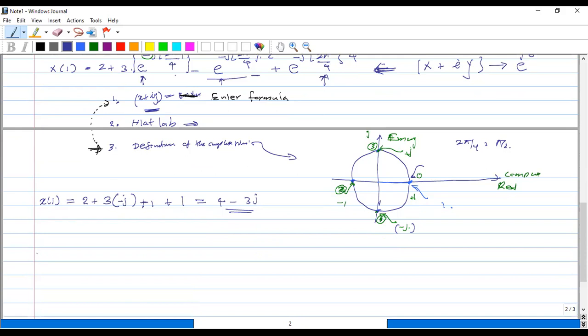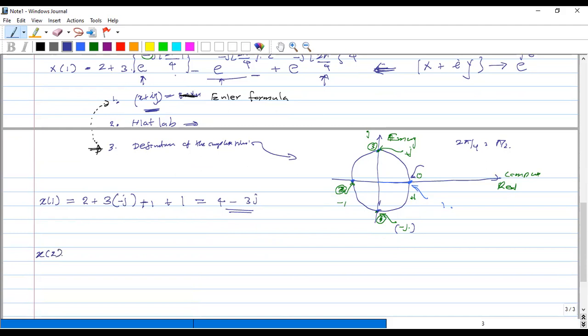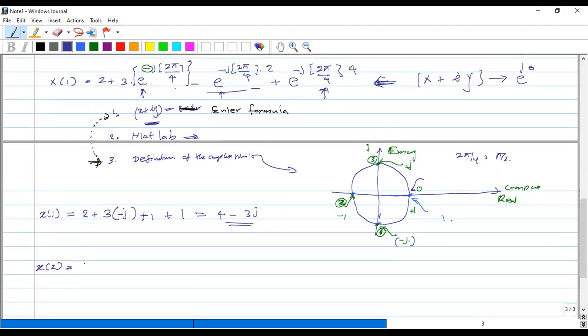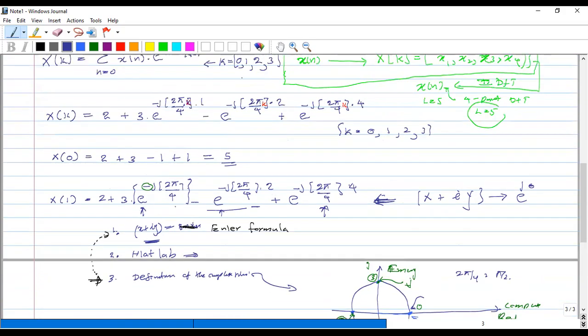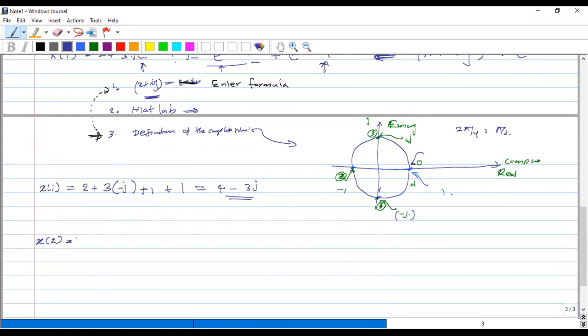So if you want to find x2 here, what you have to do is substitute 2 instead of this k value. So it will be 2 plus 3 e to the power minus j2π/4, k is 2. So we have 2 plus 3 e to the power minus j2π/4 times 2, minus e to the power minus j2π/4, k is 2, and here you have